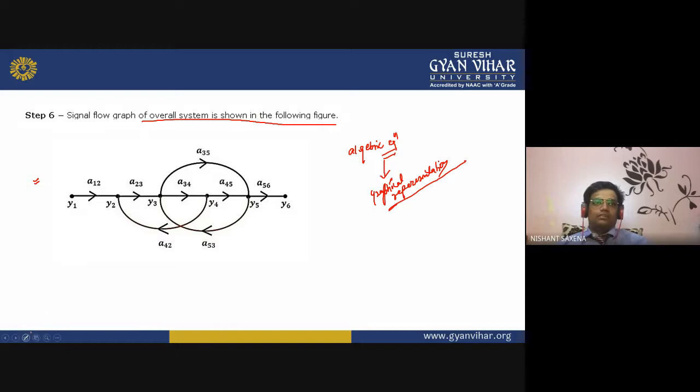Okay, in this way. In signal flow graphs, we convert the set of algebraic equations into the graphical representation. Why are we doing this? Because it is easy to convert transfer functions to signal flow graphs and signal flow graphs to transfer functions. Also, we can apply several methods to solve for the transfer functions or get the net equivalent transfer function for the overall system. It's quite easy compared to applying the block reduction method.